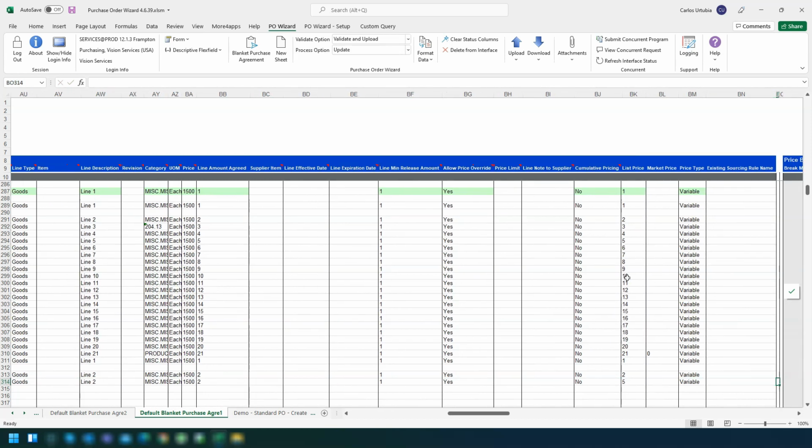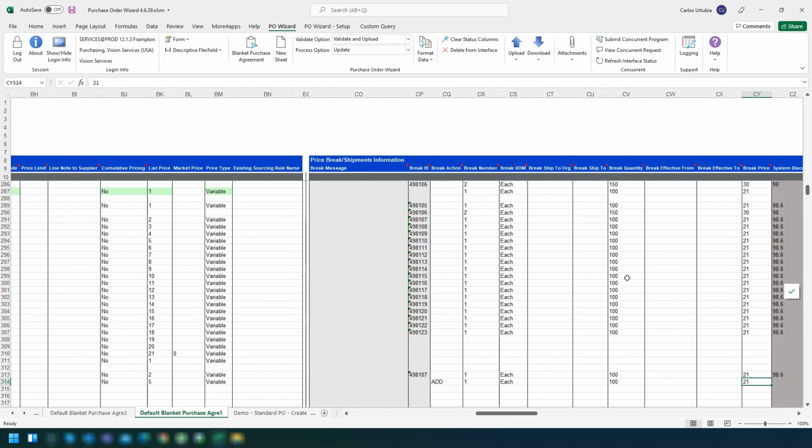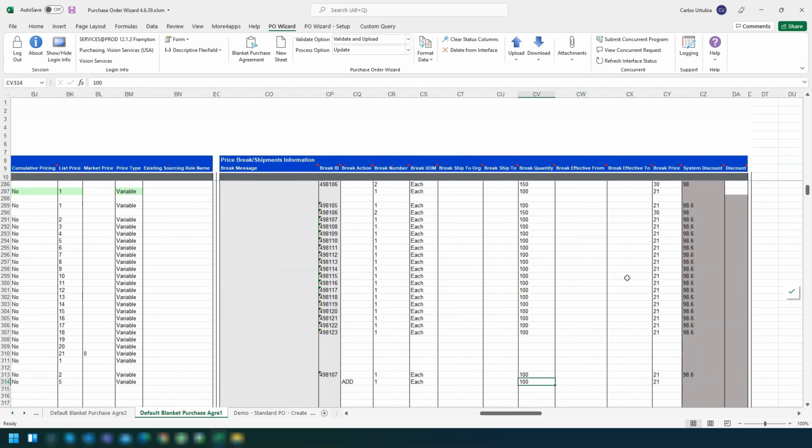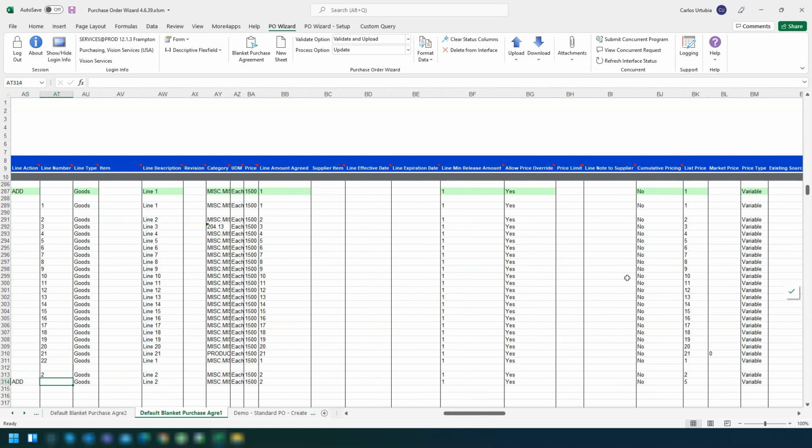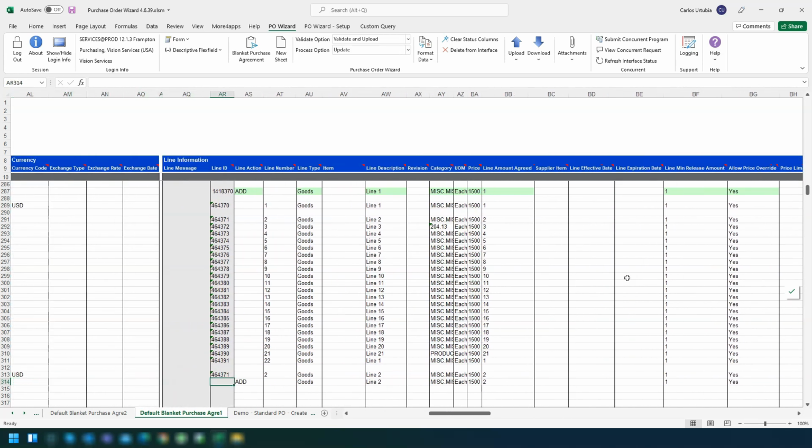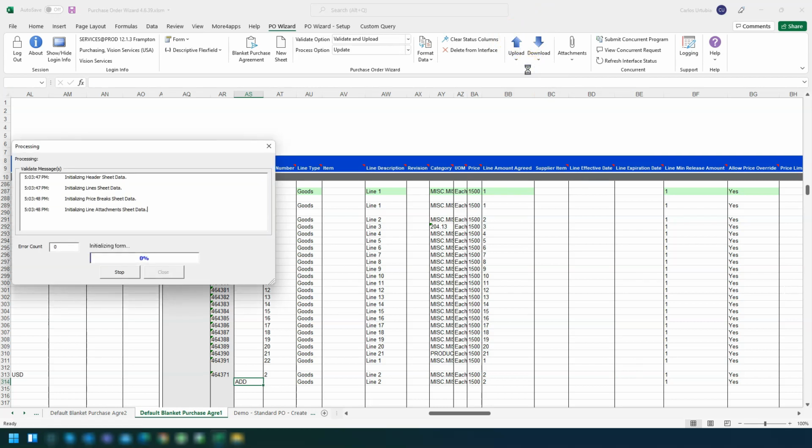I would put that this is 5, and the price break instead of 100 will be 150 for the break quantity, and 7 for the break price. Obviously, this information doesn't make a lot of sense, but you at least understand what I'm doing there. I just copy and paste from another line and then make the changes. I will ensure that the process option is update. I will press upload